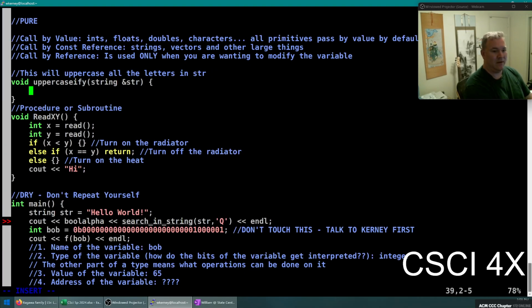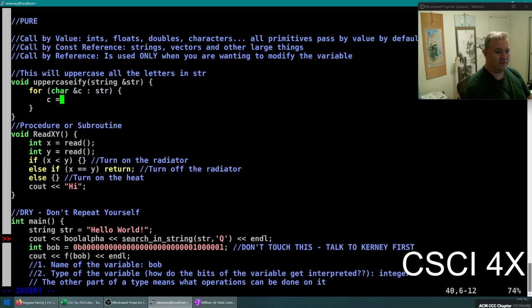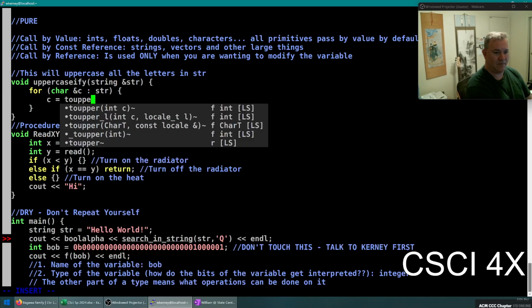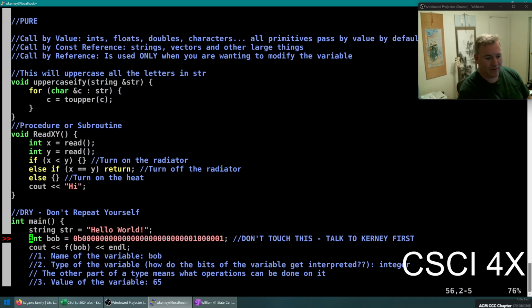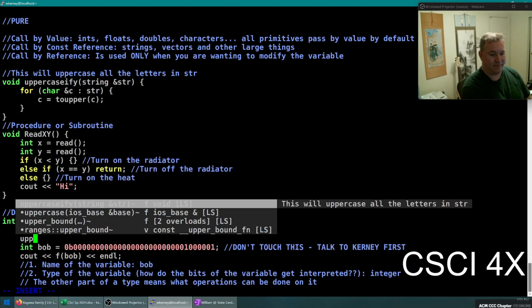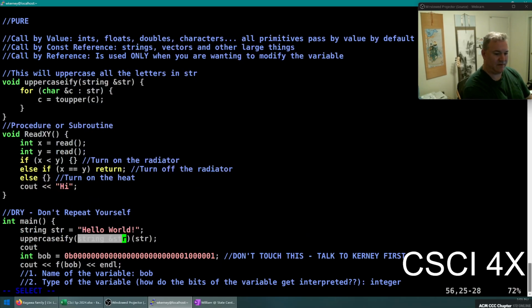Okay? So for every character by reference in string, c is equal to toUpper c. Okay. So if I put in hello world and I uppercaseify str and cout str,